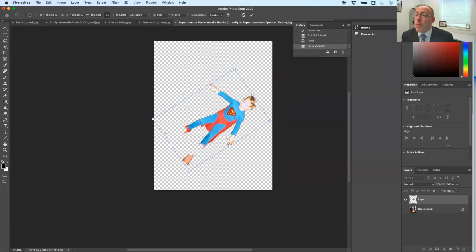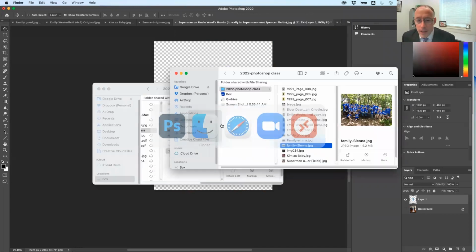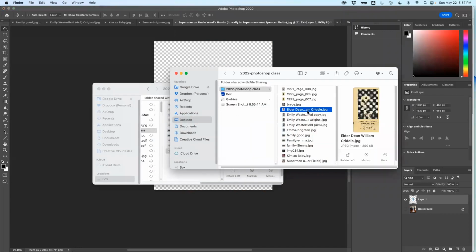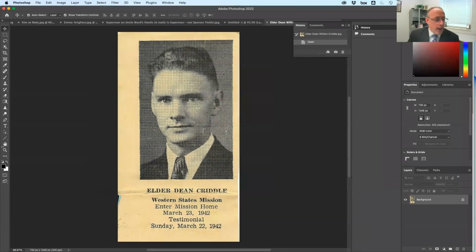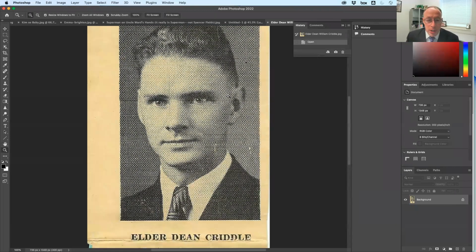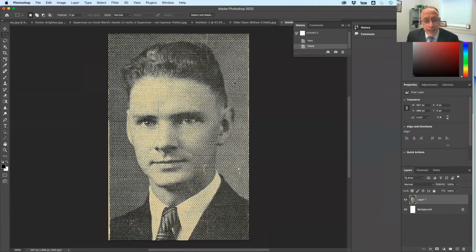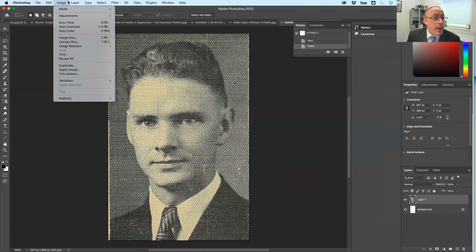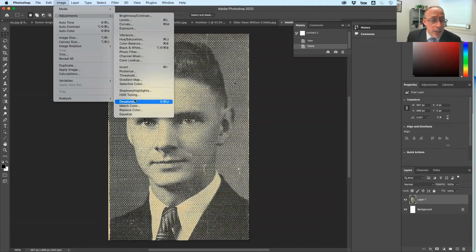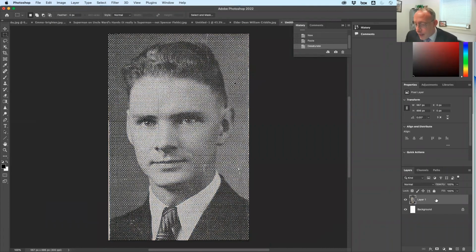I thought of one more thing I could show you. I have a couple minutes if you want to see it. Let me show you this. So a lot of times you'll have a photograph that was taken from a newspaper, and you can select it. I'm going to copy, new, okay, paste. I'm going to come up to adjustments, desaturate, so it's black and white. I'm going to duplicate it